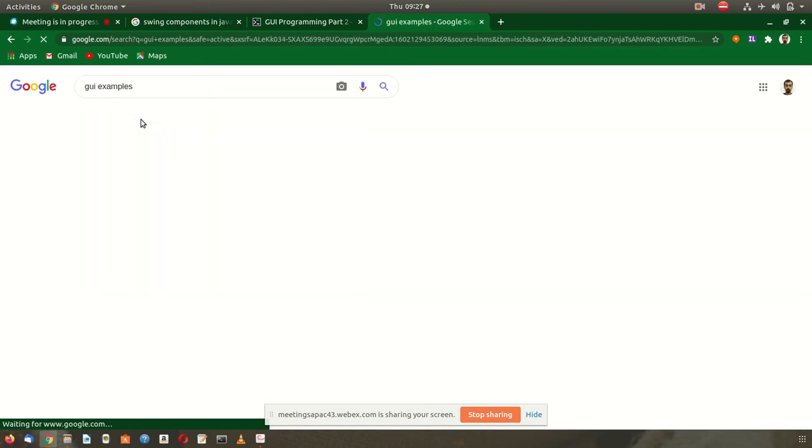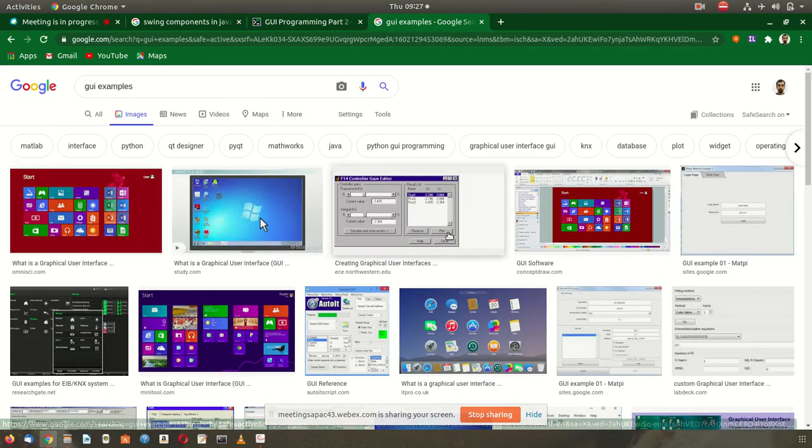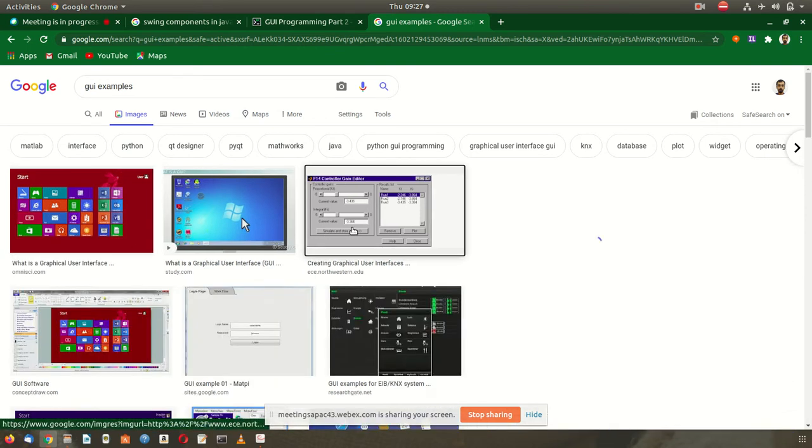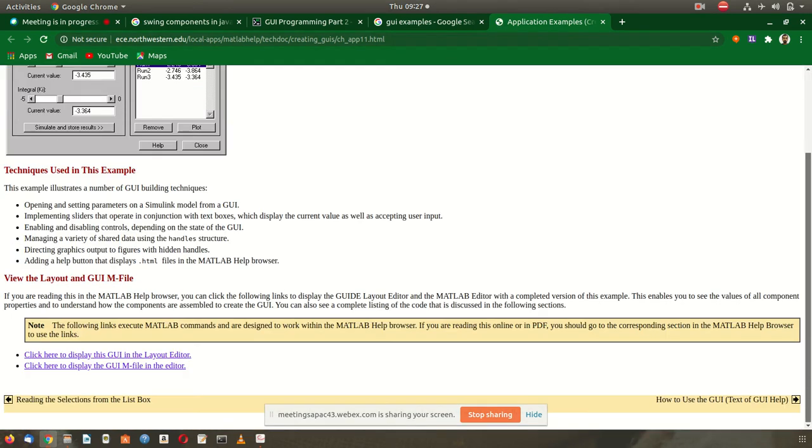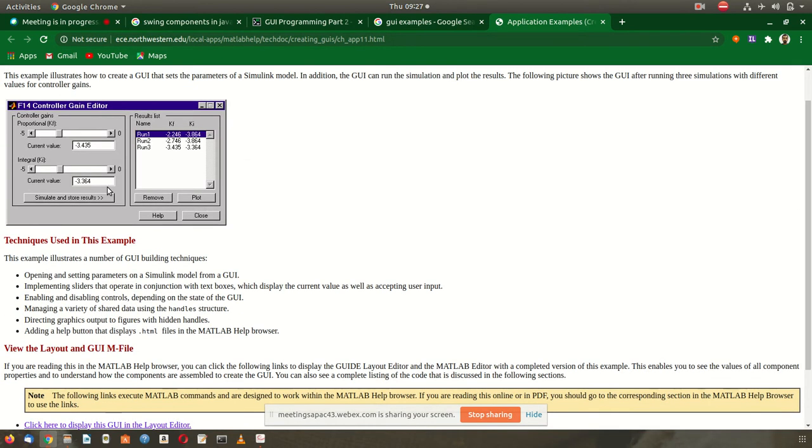So this is a graphical user interface. You can see here this particular interface where user controls are fit.